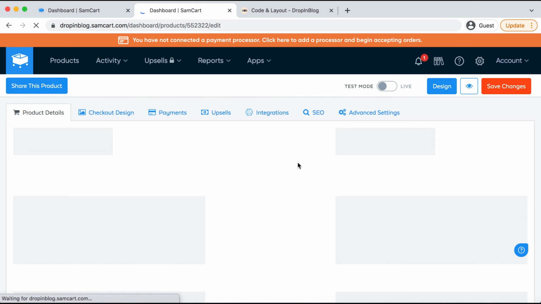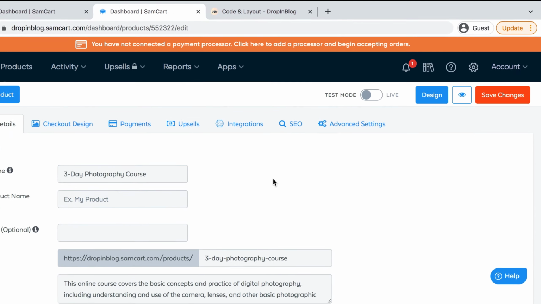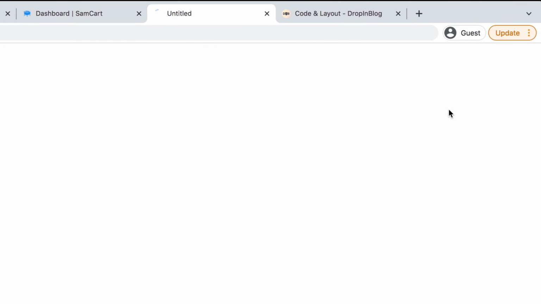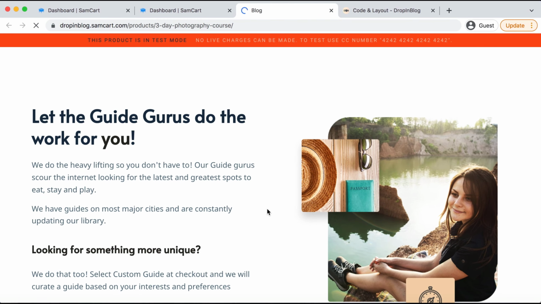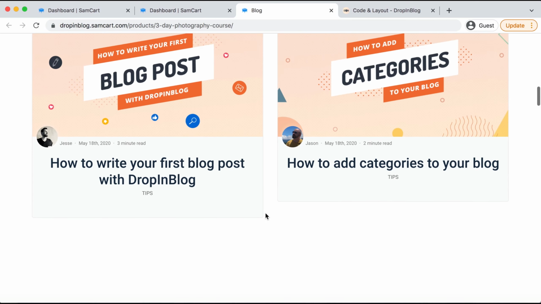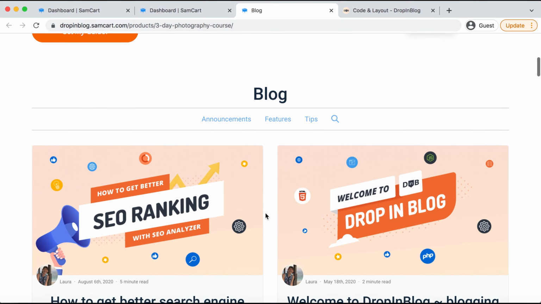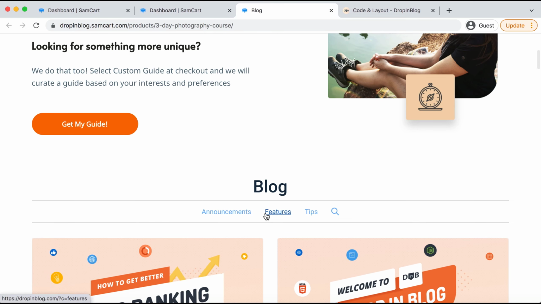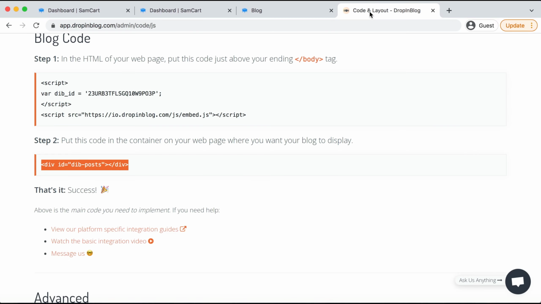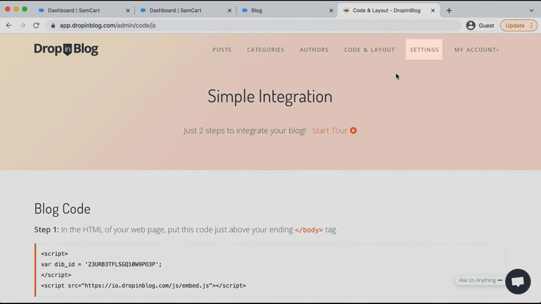Once that loads, a new page will open, and we can go ahead and select this eye icon, which is the preview. Perfect. And we can see that DropInBlog looks to have already integrated over to SamCart, but we do have one more step. Go ahead and copy that whole URL at the top, and then go over to DropInBlog,